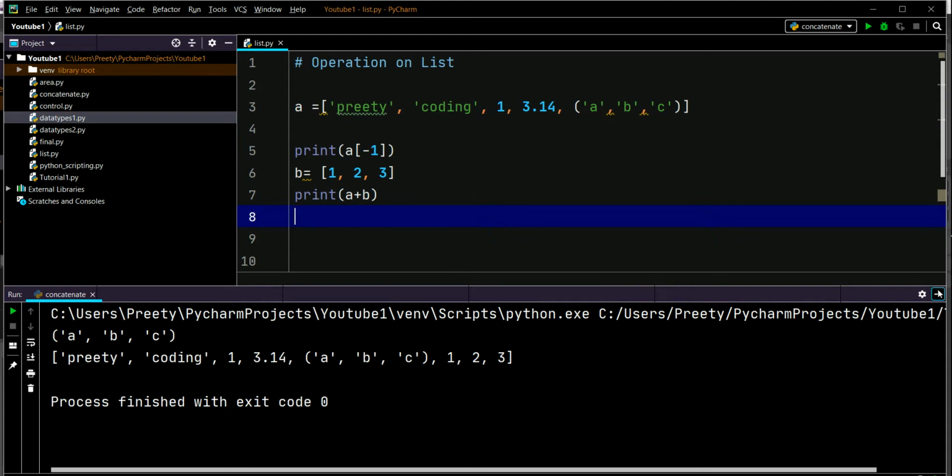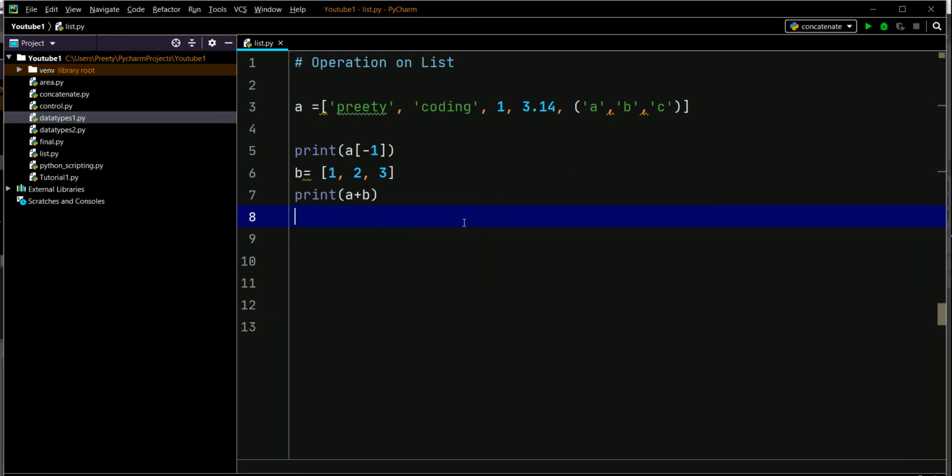Okay, done. There is one important operation that is called slicing. This also you'll need very frequently. So let's talk about slicing. What is slicing? For example, we want only the elements from this to the last element.